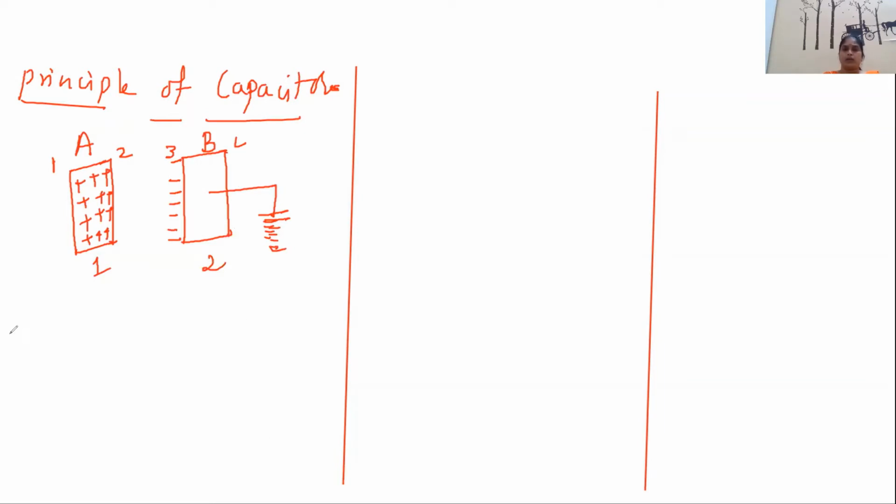So now you can see that they have vanished, and on the two plates only the positive and negative charge exists inside. So this is how a capacitor attains or stores charge inside it. Now we have the charge plus Q and minus Q. Now to this we apply some voltage. So let us suppose we are applying a voltage V across the plates, positive and negative. Due to that, a potential difference is set up across them.